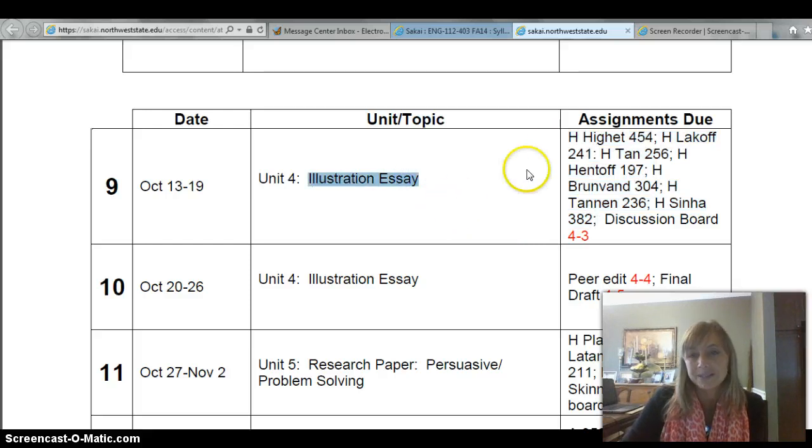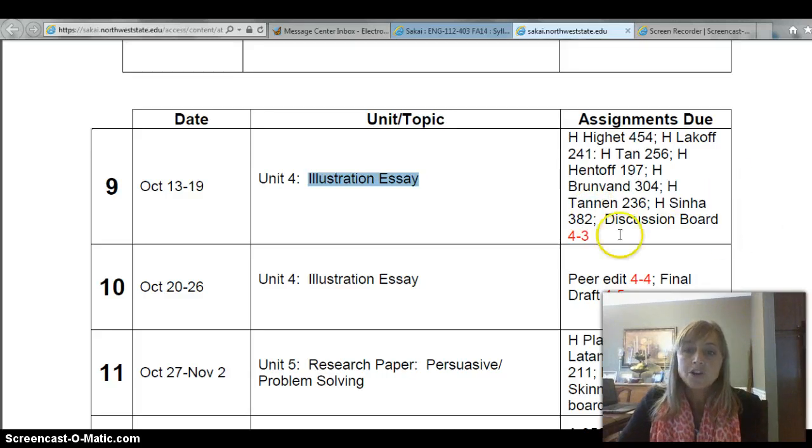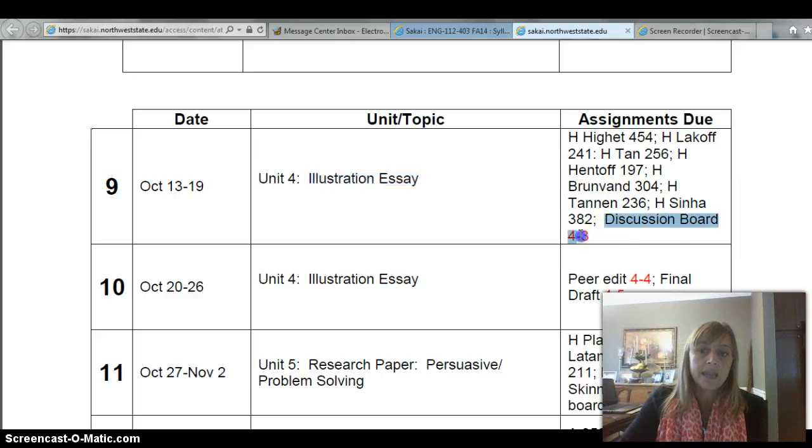A little different spin this time. I think you'll enjoy some of these articles. At least some of them have a little bit of a fun edge to them, and some you might appreciate more than others. We are doing the discussion board this week and responding to several articles as well as several peers. If you have any questions, give a shout. All of this is also in your course content page by page, but I wanted to explain it out here.